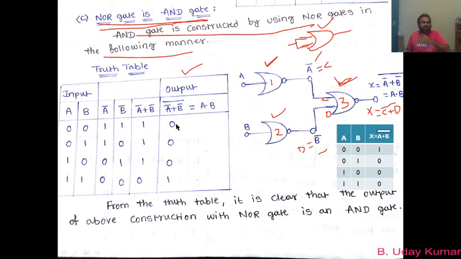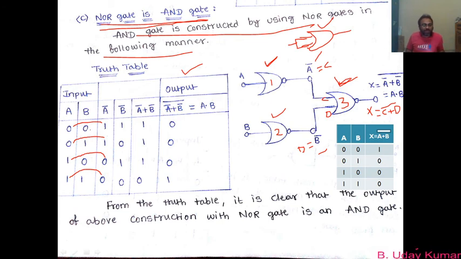So this is how we are trying to find the output of this entire configuration by taking the different values of A, B. Now let us try to solve this one. Here A is taken as 0, and hence A bar becomes 1, and again A is 0 and hence A bar becomes 1, and here A is 1 and hence A bar becomes 0, and here A is 1 and hence A bar becomes 0, because A bar is nothing but the inverse of A, right? So that is what we are doing.